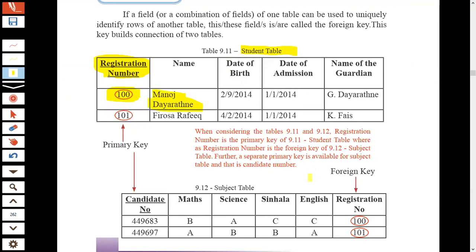Then we can use this registration number in another table called the subject table. We can use that to connect these two tables together. The primary key of a table can be used in another table as a foreign key to make a relationship between these two tables. So that is the way we connect tables together. We can mention it as a foreign key.